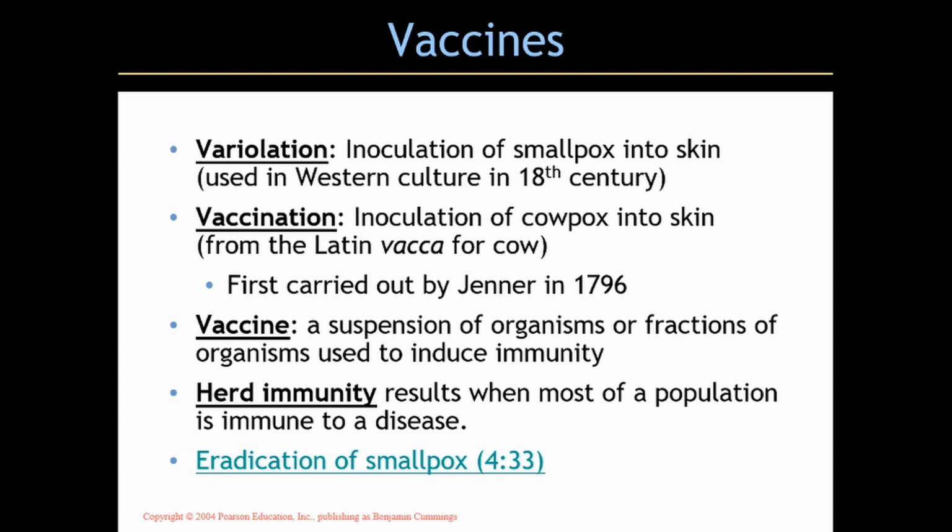As I said, we have records of the Chinese using this as early as the 11th century, where we have a record of a monk who would take smallpox lesions from people and the residue from it. This monk would dry it out, put it in a mortar and pestle, grind it up into a powder, and put the powder on the end of a hollow tube. I guess it must have been a hollow plant tube. He would insert that up a person's nose and then blow the powder through the tube up into the person's nose, and that was their form of variolation. Later, as you can see in Western culture, that wasn't done. It was scraped into the skin.